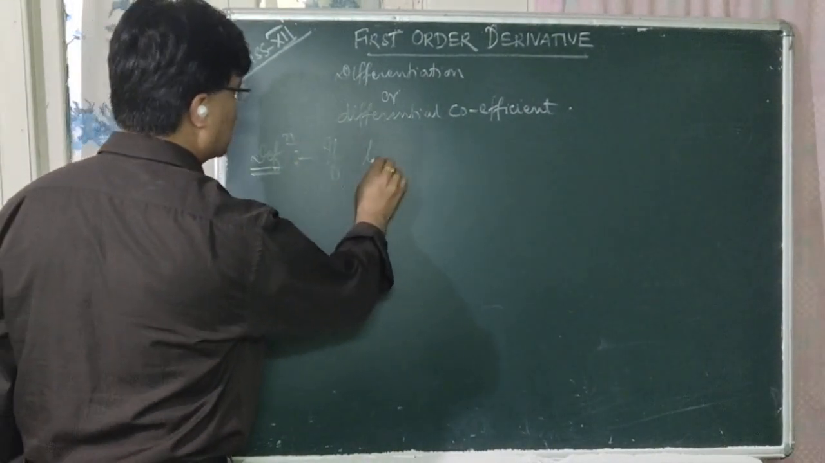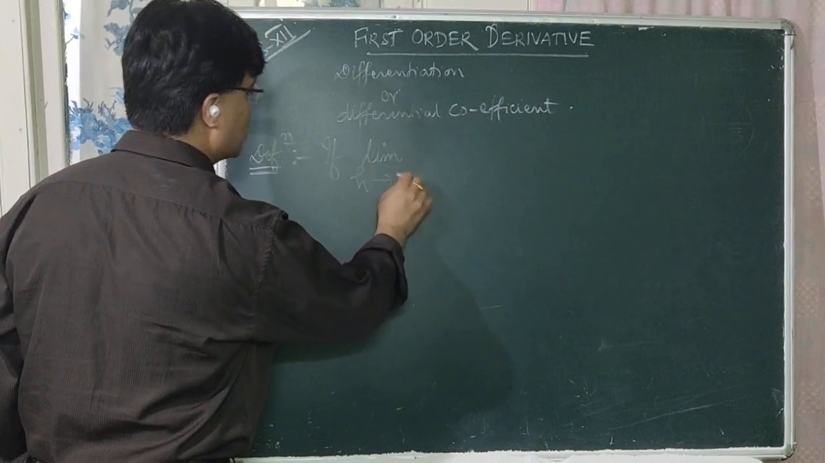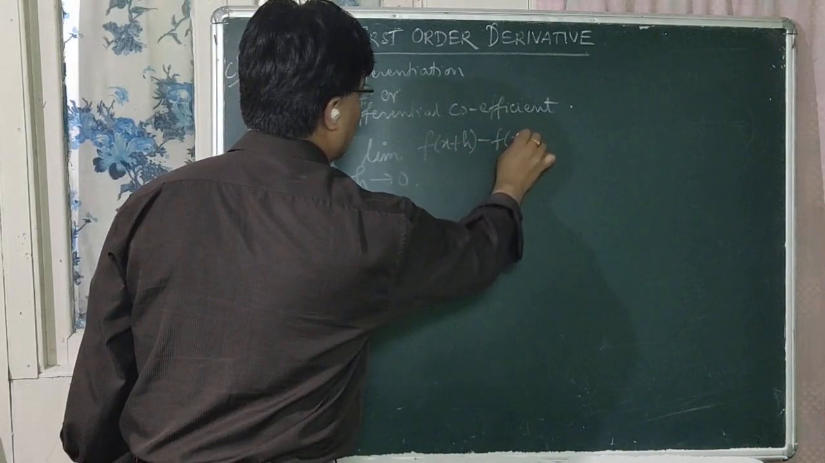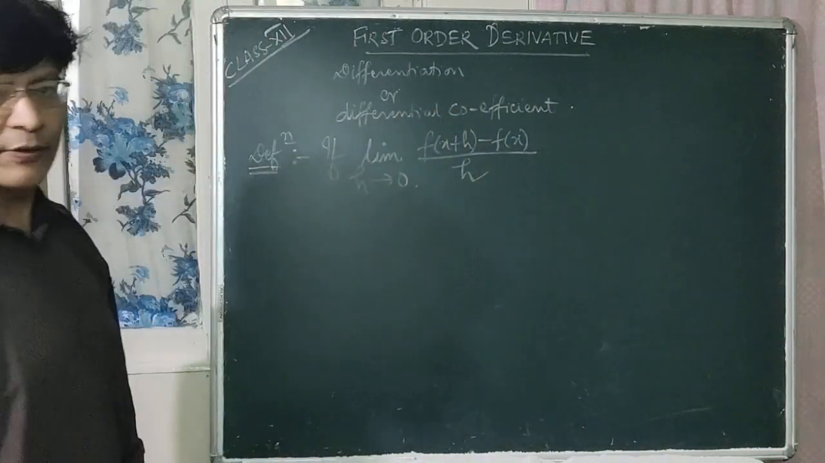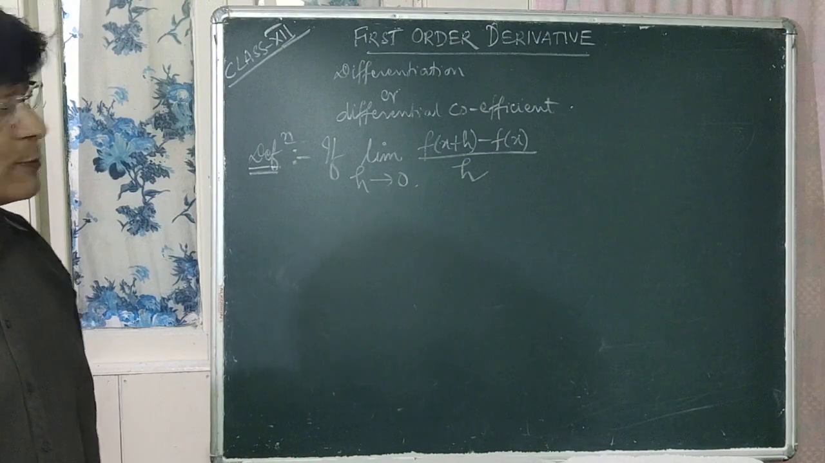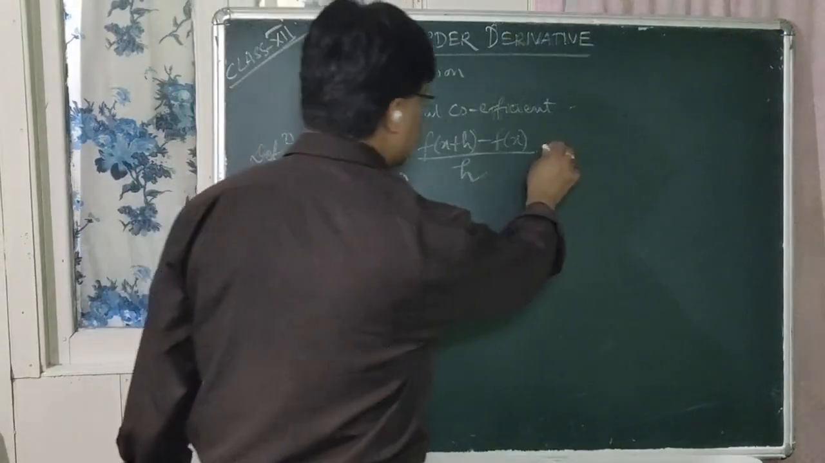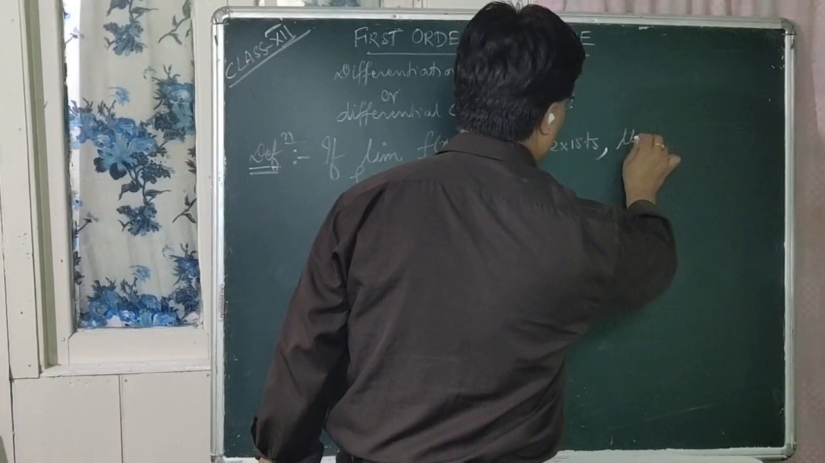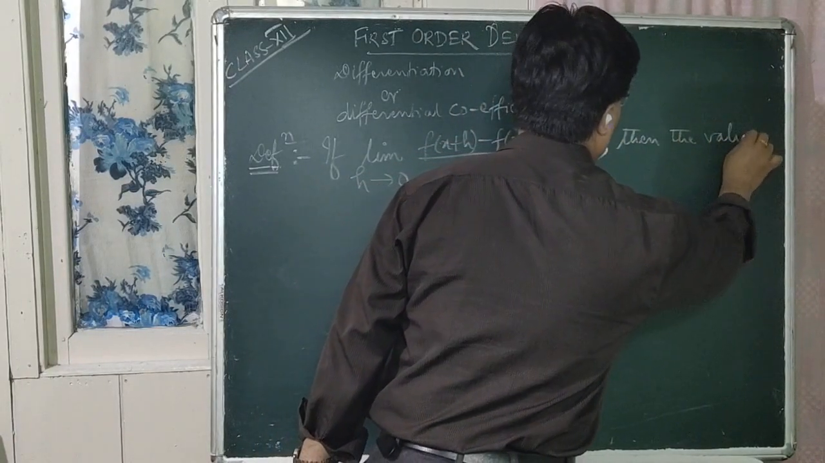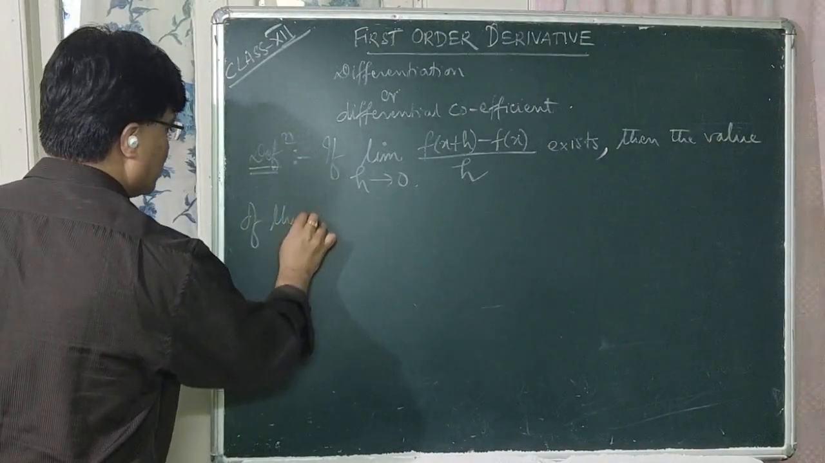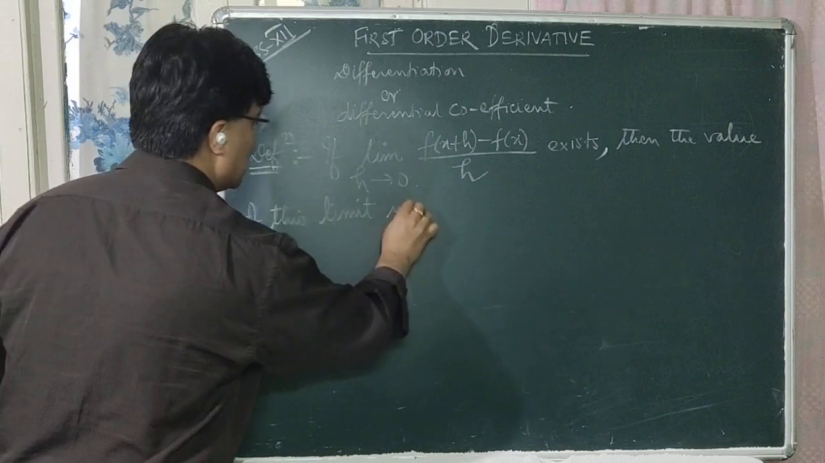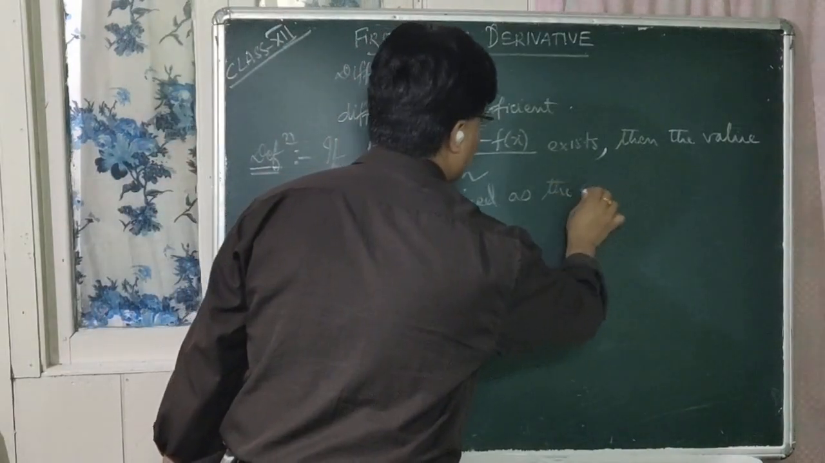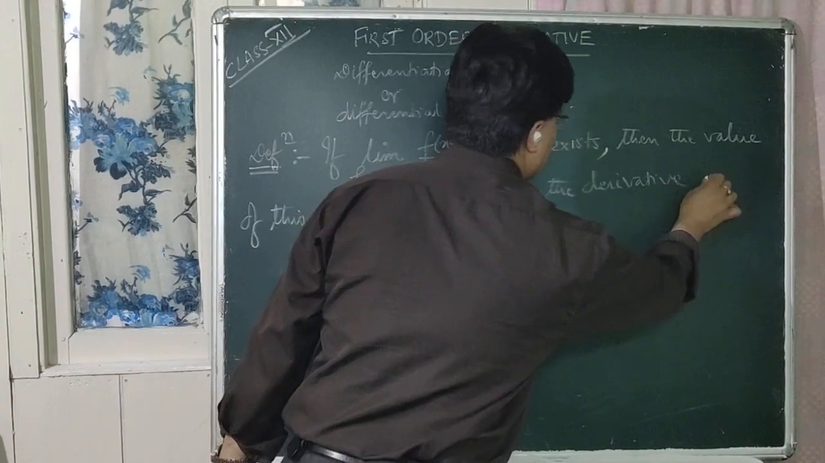If limit h tends to 0, f of x plus h minus f of x, whole divided by h, exists, if this limit exists, then the value of this limit is defined as the derivative